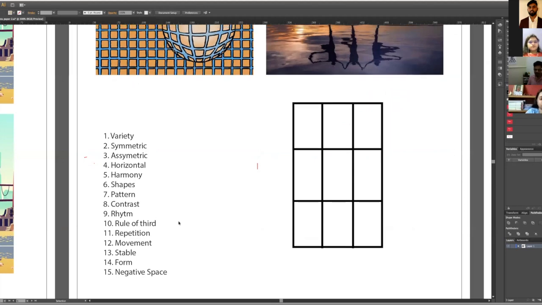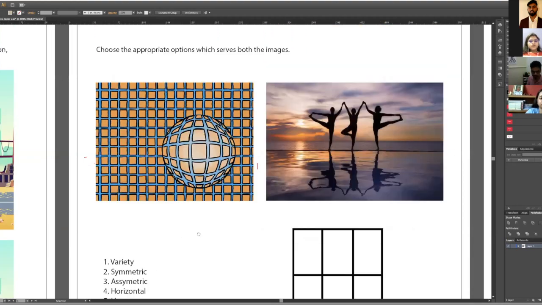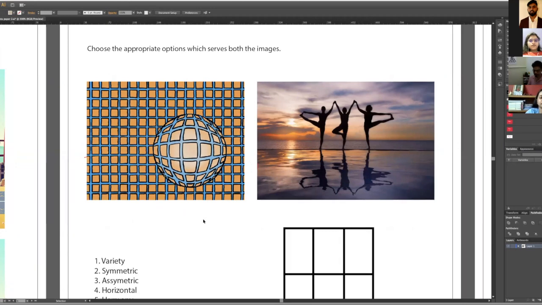Does anyone think negative space is in both images? No, sir. Sir, please explain the negative space. I think both images have negative space. No, only the first image has negative space. So, okay, but the second image also has something, a figure-ground property, something which creates a background, I mean, which creates a breathing space.